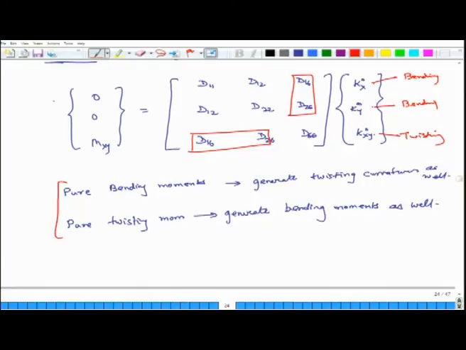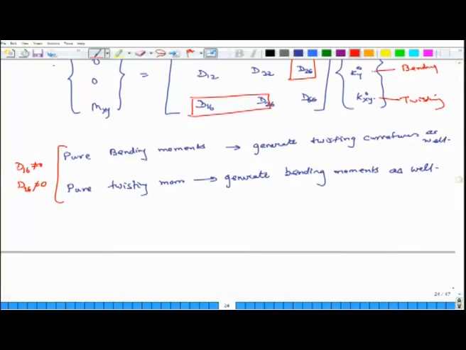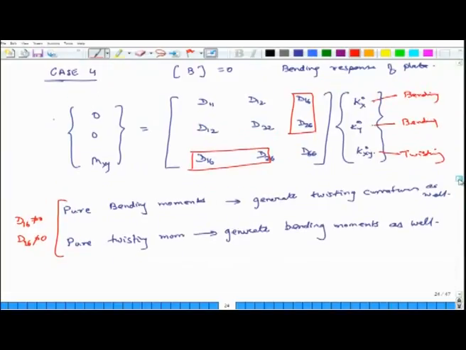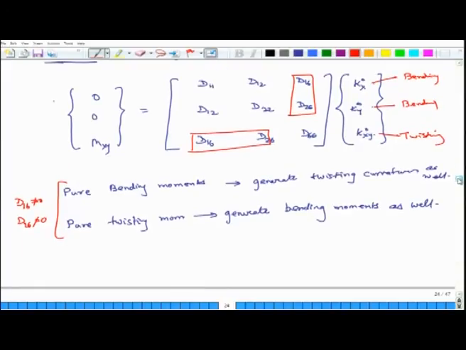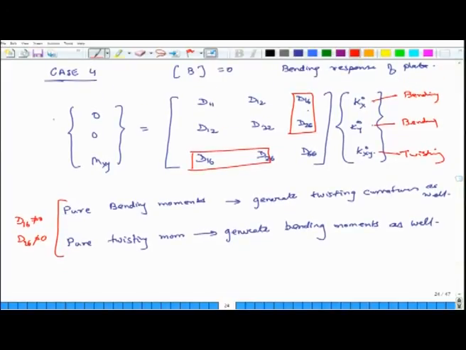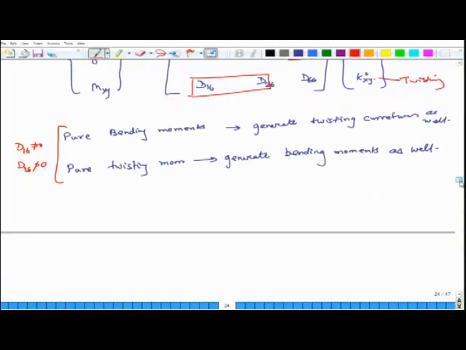So, this happens when D16 is not 0 or D26 is not 0. And typically we do not want our structure to twist because it then tries to shear off easily. So, that is why these terms D16 and D26 couple the bending and twisting response of the plate,